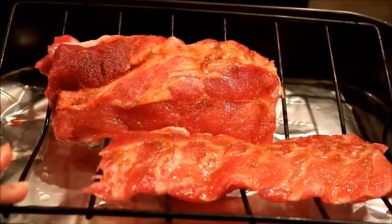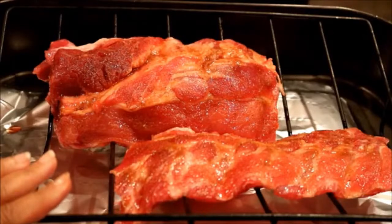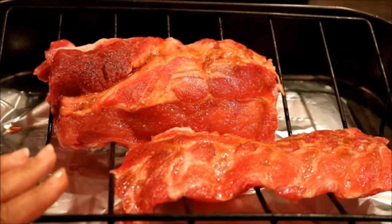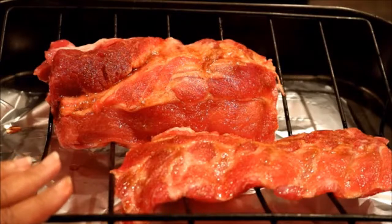So I put the ribs in this rack. I put the oven on 325. Since they're not like the big, regular ribs, I'm gonna cook them for an hour instead of the lower temperature for 2 hours. I'm gonna cook them for an hour, and then what I'm going to do is make my glaze. I will cut them individually,